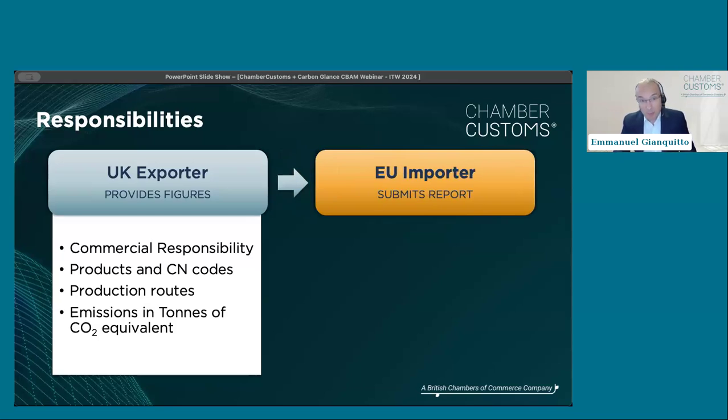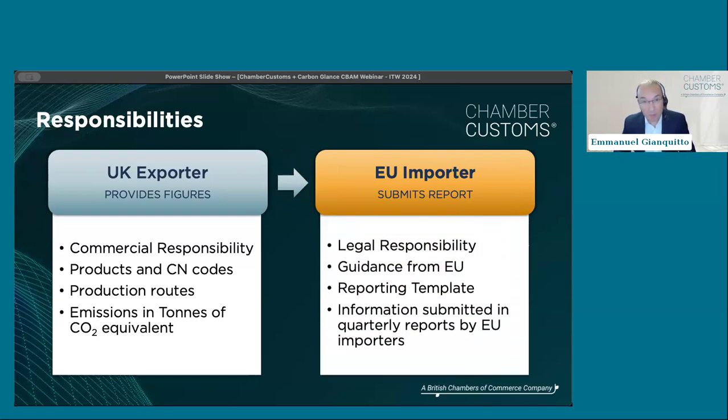The EU importer, so the importer of record into the European Union, will have to submit a formal report to the European Union to actually say how much carbon they are importing. And there is guidance from the EU. There's lots of guidance, hundreds and hundreds of pages, and I'm not exaggerating, on how to do that. There are reporting templates, there are guidelines, there are appendices, there are exceptions.